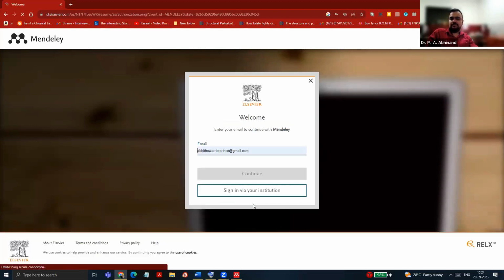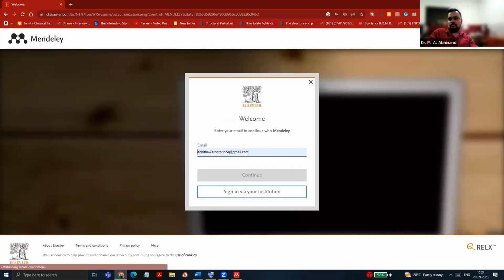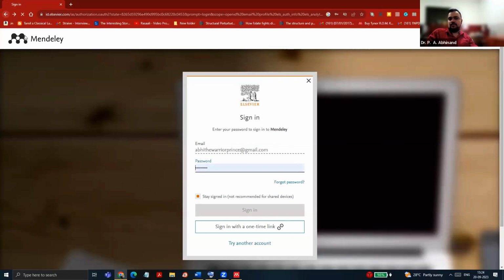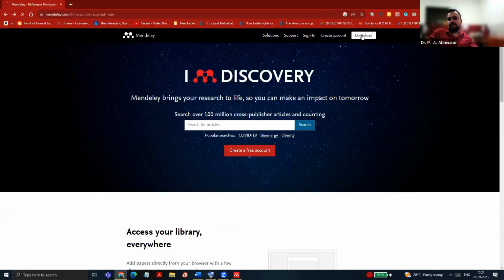Once you fill in the details, you will have a Mendeley account and you can download the software immediately after that. Click here for downloading the software. Are you able to see it? It basically takes only 5 to 10 minutes to create the Mendeley account.